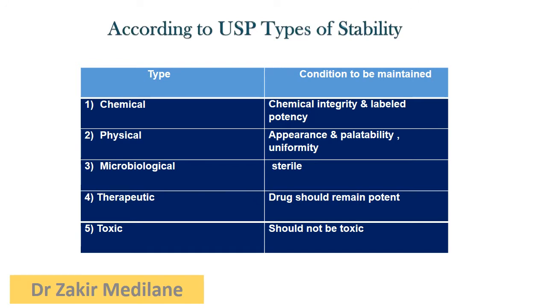Likewise, chemically also, we have discussed chemical integrity: its chemical structure and chemical behavior should not change because of a stability problem. Once a chemical stability problem occurs, there is an alteration in the integrity and the labeled potency changes, and then the drug's expected targeting is not going to be achieved. It may produce other drawbacks. To avoid all these things, chemical stability should be done, and in the same way, physical stability we are also performing.